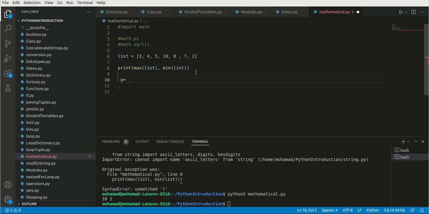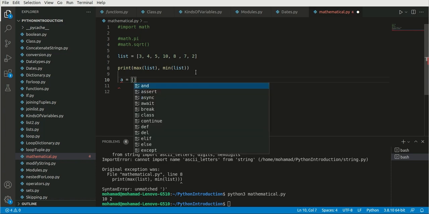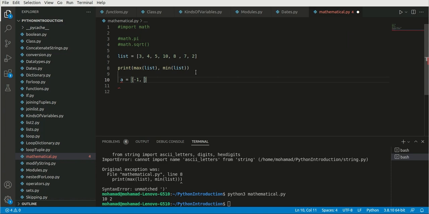We put it inside abs, and so for example, we can have a list, and inside of that list we have negative and positive numbers. So for example, 6, 3, 4, -1, -7, -4, and here we want to print,